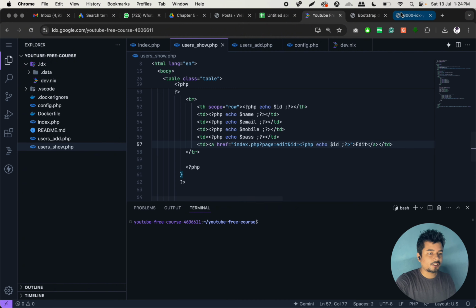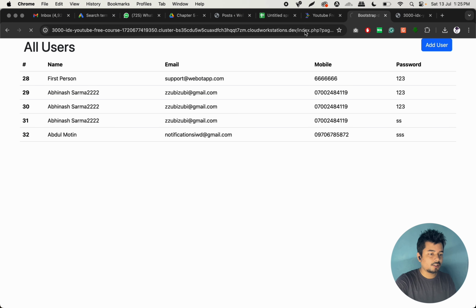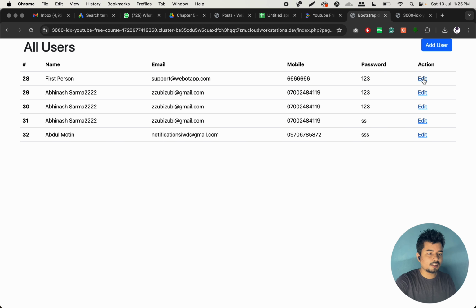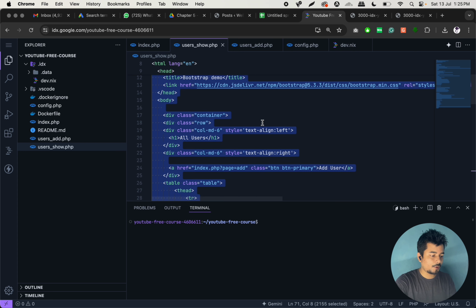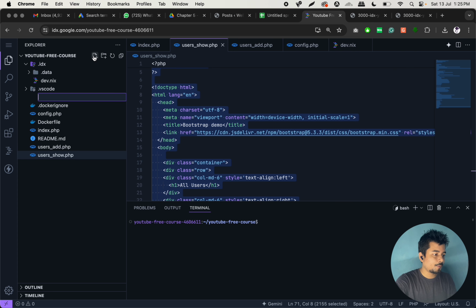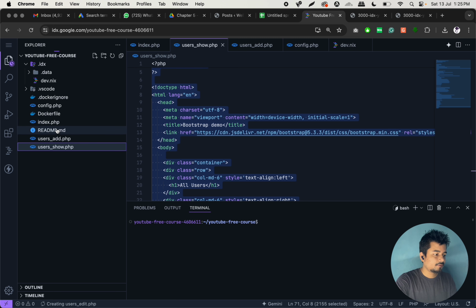Let us go to the front end and reload this. Okay, so let us now reload this page, and I can see the edit option over here, and if I click on this option, now I will be able to see index.php page is edit and ID is 28. Now I will copy the entire codes of this page, and then I will create a new page, and the name of that page will be like users_edit.php,